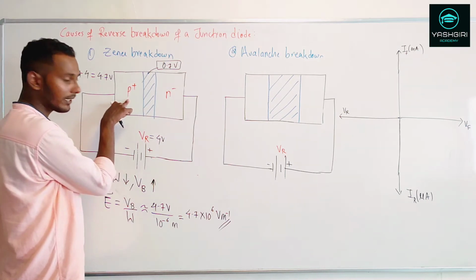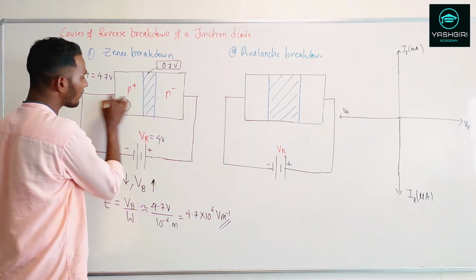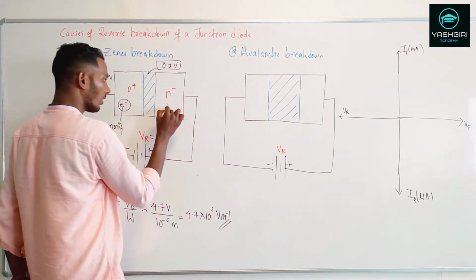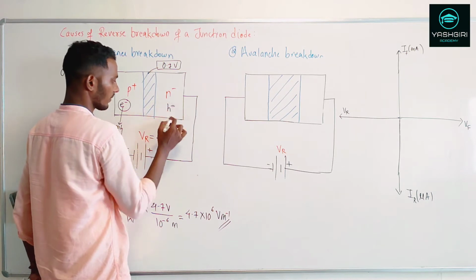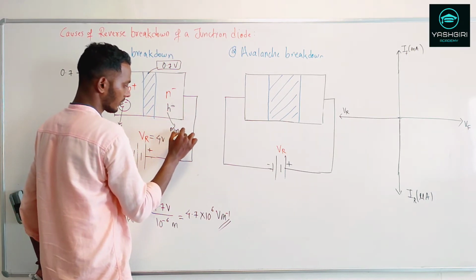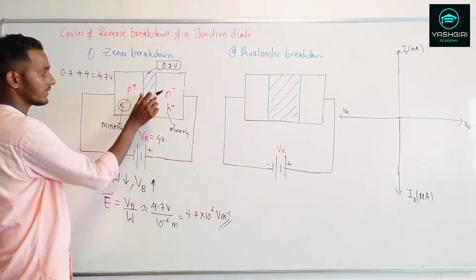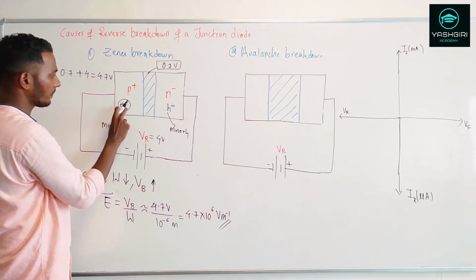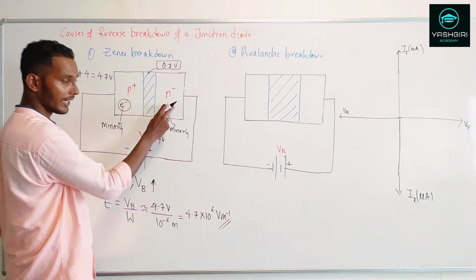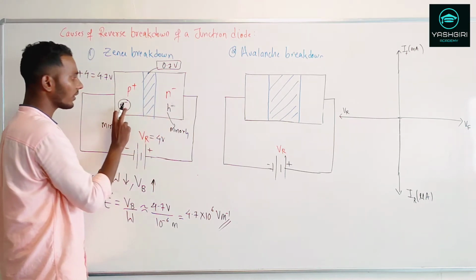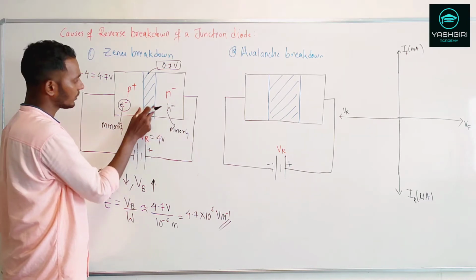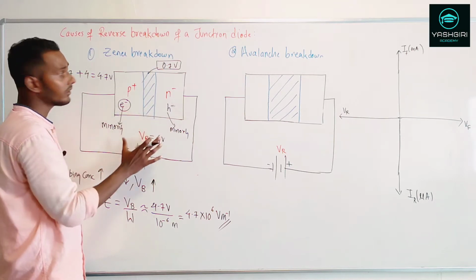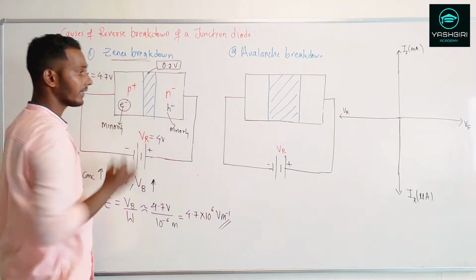Now here this is a p-type, so there are electrons in the minority concentration. These are the minority electrons, whereas here the holes are in the minority. Now this electric field created in the junction will strip off the electrons from this p side to the n side, or else you can say that this electron is being tunneled to the n side through this thin depletion layer. This band-to-band tunneling we call a Zener breakdown in this case.